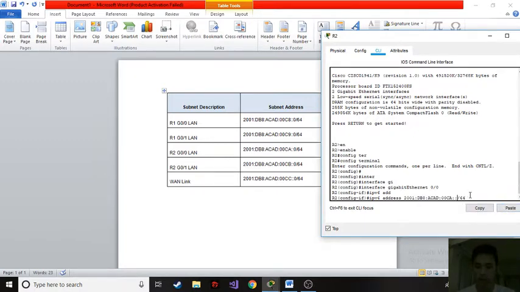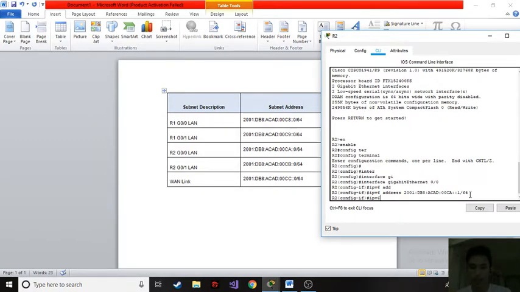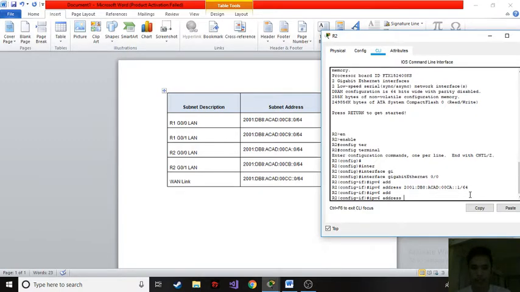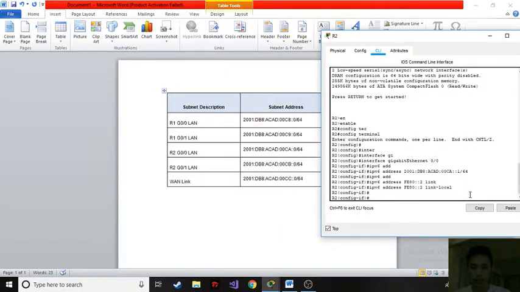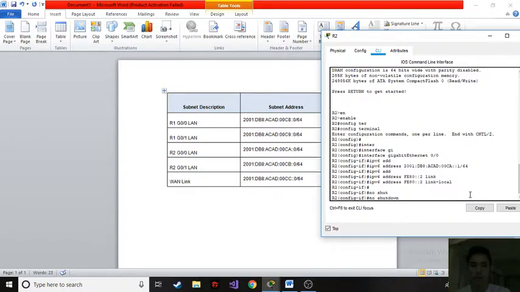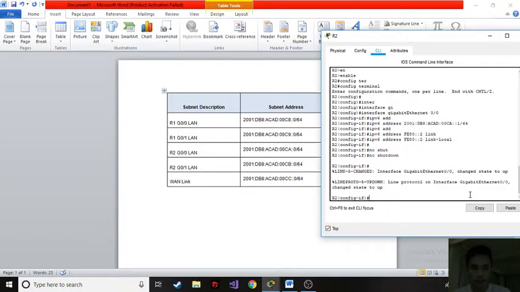Then remember the available usable host, change that to 1, and then IPv6 address. So now we're going to use a link local address, since earlier we used the IP address FE80::1, but now it's different. We should change it to 2, and then the link local command. Then we're going to type the no shutdown command to activate this interface, then exit,